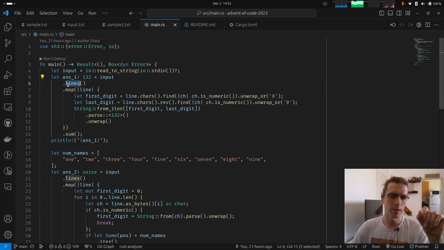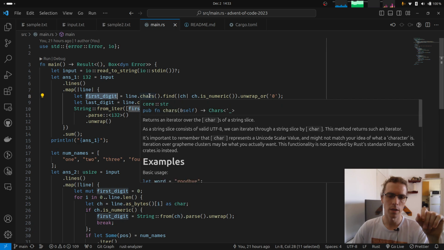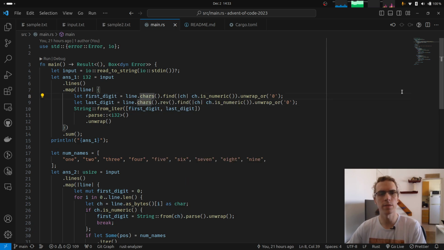So in the solution, we're iterating over each line, and to find the first digit, we are iterating over the characters of each line and finding the first character that is numeric, and then falling back to 0. I said falling back, and that is a very